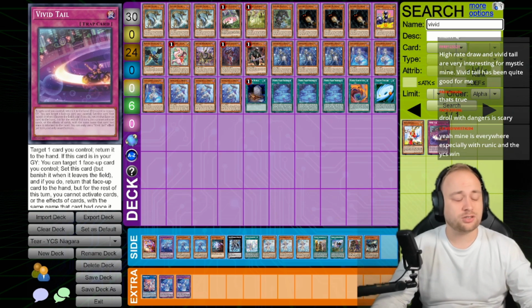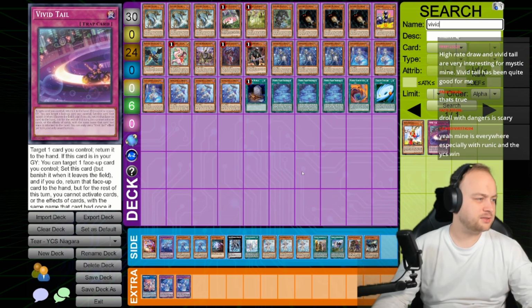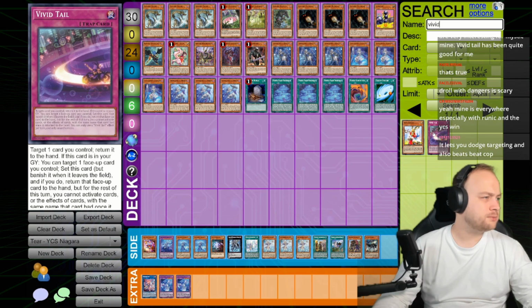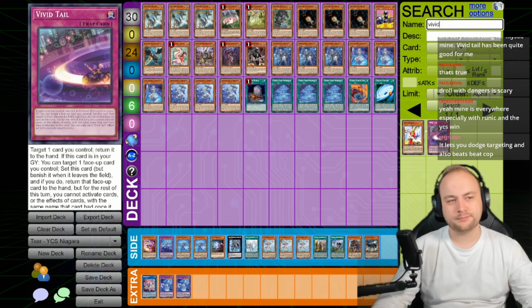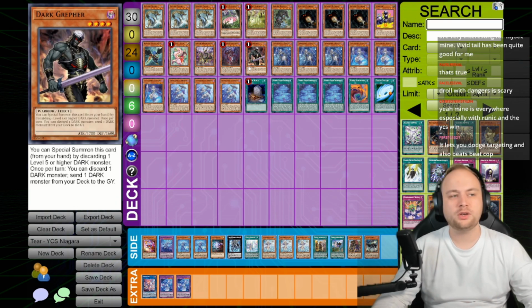Okay, Vivitail, is this a troll? Target 1 card you control, return it to the hand. If this card is in your graveyard, you can target 1 face-up card you control. Set this card, but banish it when it leaves the field, and if you do, return that face-up card to the hand. But for the rest of the turn, your opponent cannot activate card effects or cards with the same name that card was returned to the hand. That is interesting. It's got IP on it. Interesting. Okay. Right, so if we aren't including...